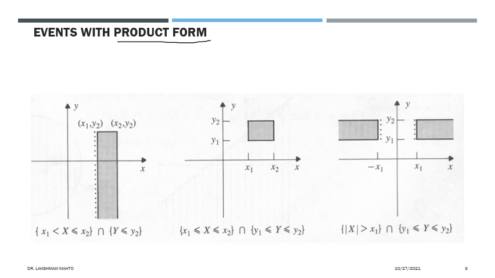If you take this rectangular strip, then we can say that here x is taking values between x1 and x2. This point is x1, this point is x2, and y is taking values up to y2. The lower part is not given, so it starts from negative infinity and goes up to y2. So that is the situation. In that process you get this event. This event you can write in product form, in Cartesian product form.